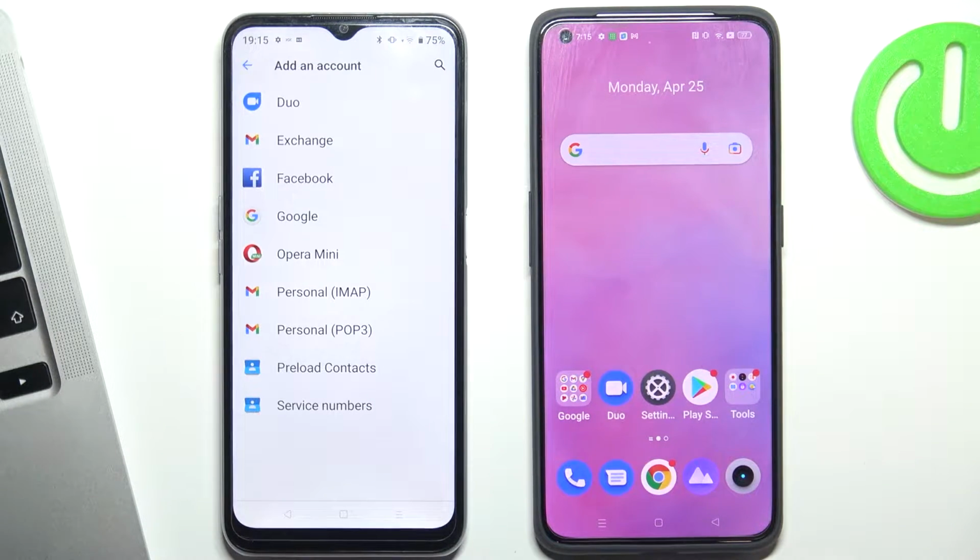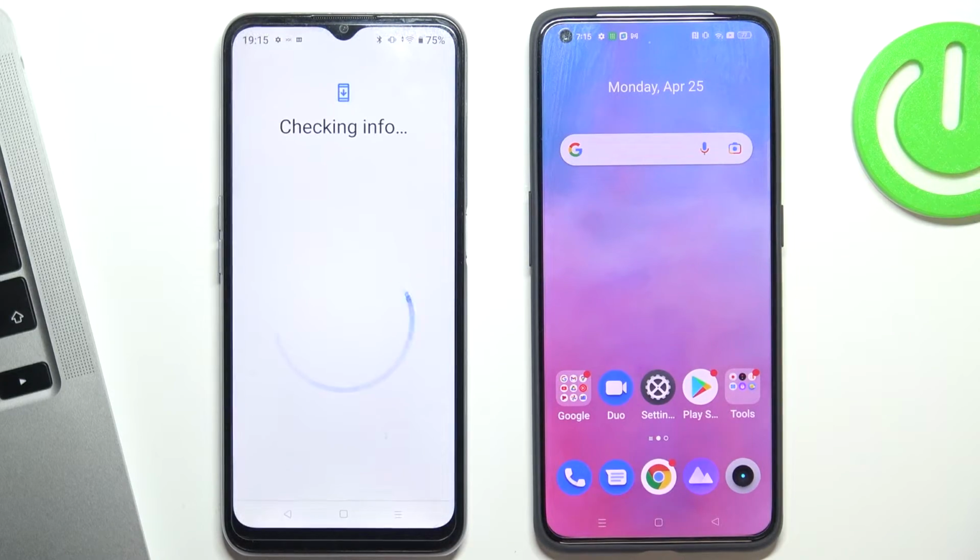But you need to know that if the child knows the password from his own account, he will be able to bypass the blocking of Google Family Link. So you need to create an account for the child or ask the child to change the password from his own account. So click Google